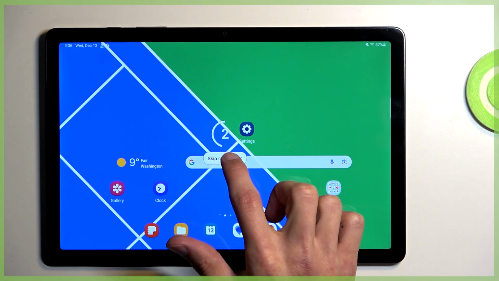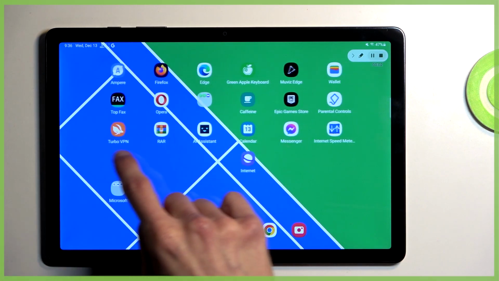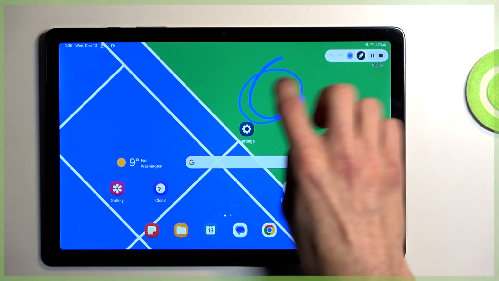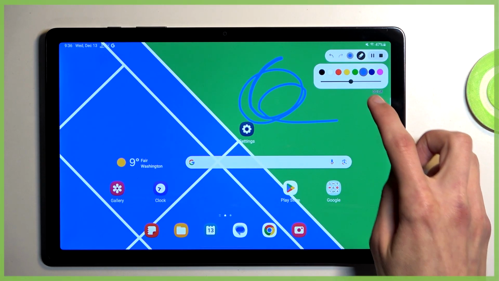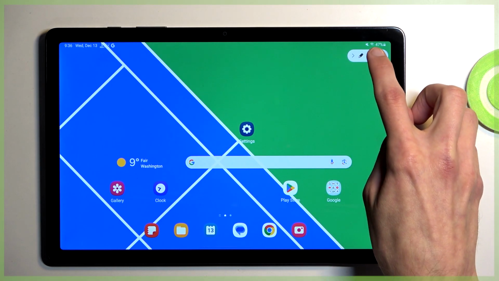Anyway, from here we can select start recording. This will begin a countdown which we can skip, and as you can see it is now recording. So we have a couple options here, like the pencil, which allows us to draw on the screen, and we can also change the color here. We can pause the recording,